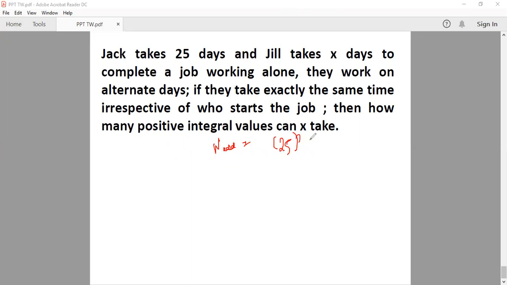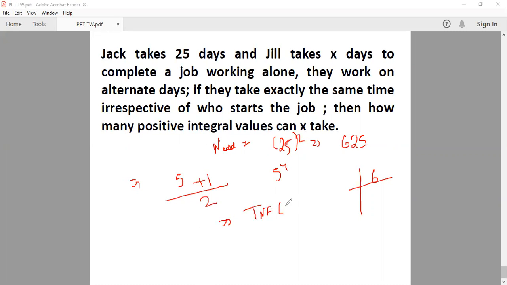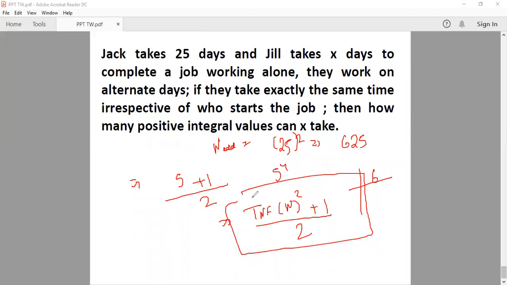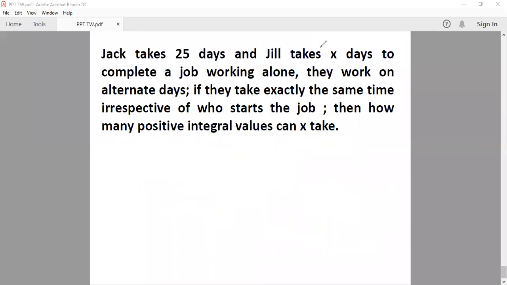This is 25 days. What is 25 square? 25 square is 625. अब आपको 625 के फैक्टर्स निकालने हैं. 625 is 5 power 4. So the number of factors of 625 is 5. Your answer would be 5 plus 1 by 2. जैसे कि आपके पास इवन के केस में था टोटल नंबर ऑफ फैक्टर्स ऑफ नंबर स्क्वायर minus 1 by 2, यहाँ पे टोटल नंबर ऑफ फैक्टर्स n square plus 1 by 2. This is the case for ऑड नंबर्स। ओके, ये आपका डायरेक्ट रिजल्ट है, इसको आप याद रखेंगे। एंड नाउ आई विल एक्सप्लेन यू कि हमने ऐसा क्यों किया।